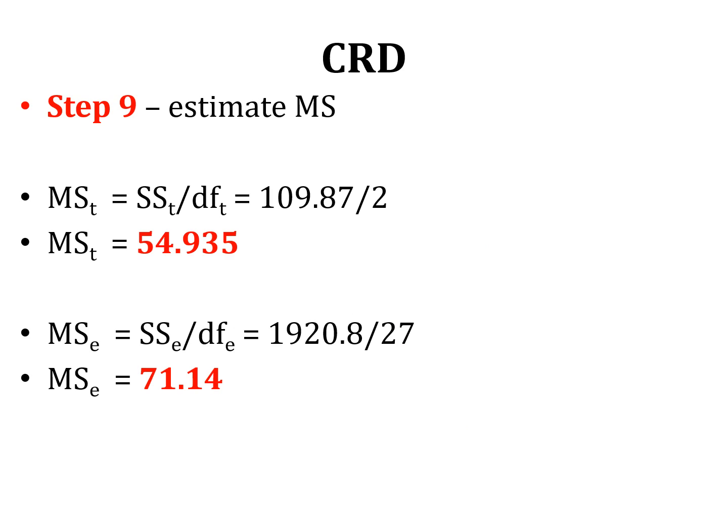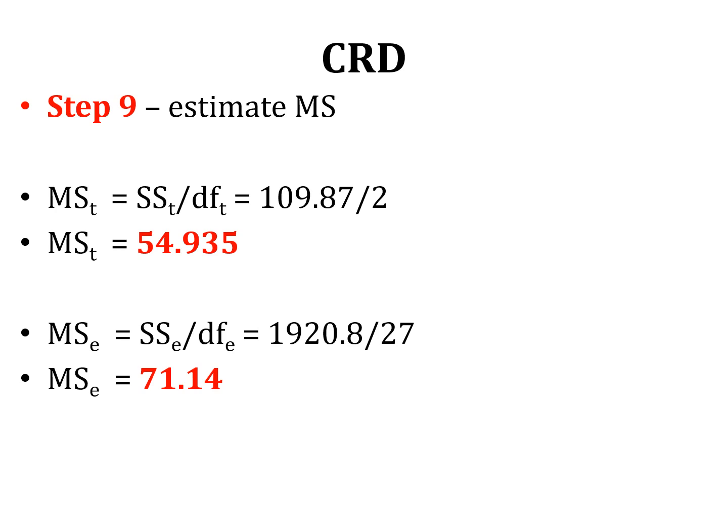Now we are going to step number 9, to calculate the MS, which is the variance. So MST, which is the variance due to treatments, or variability between treatments, is going to be SST divided by DFT. So sum of squares treatment divided by degree of freedom treatment. So we have 109.87 divided by 2. This is